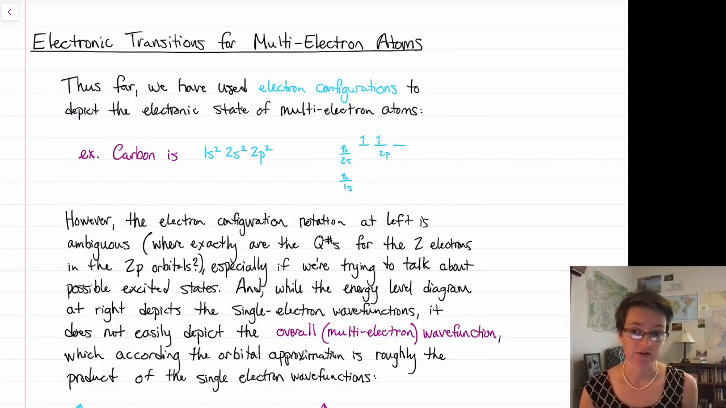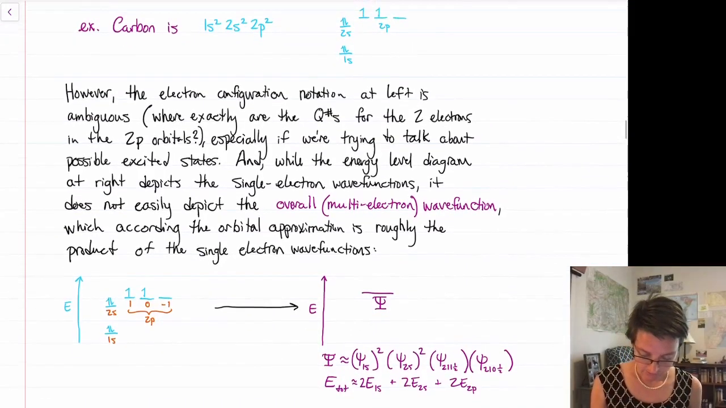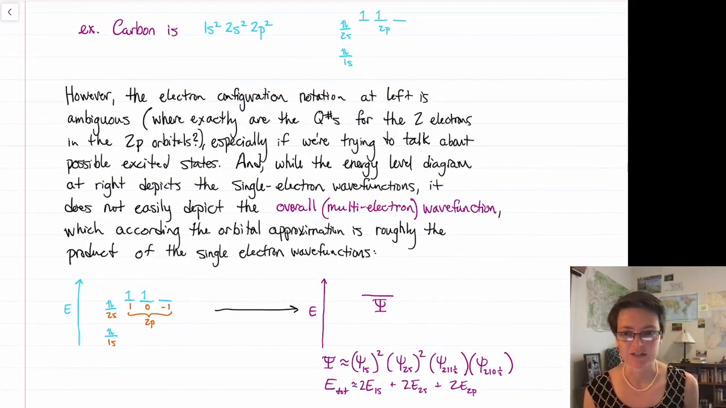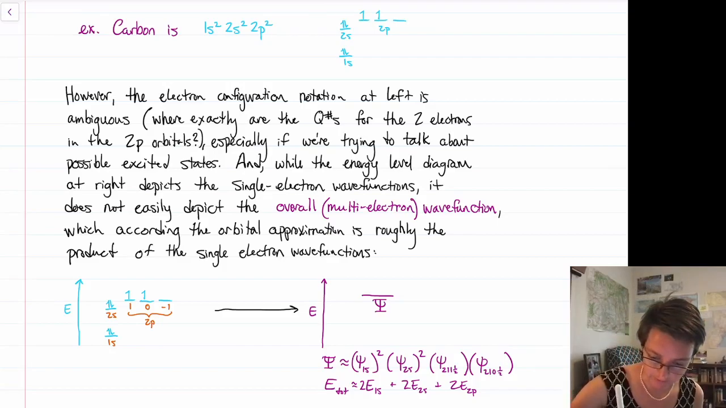And as for the energy level diagram at right, there are too many lines on this diagram. Each of these lines on the diagram you're used to represents a single electron wave function. But when we're talking about electronic transitions, we need to be thinking in terms of the overall multi-electron wave function, which, if you remember back from lecture 8, according to the orbital approximation, is roughly the product of all the single electron wave functions. So for today's lecture, on thinking like electronic spectroscopists, we need to transition our thinking from the diagram at left, this blue diagram, depicting all of our single electron wave functions,